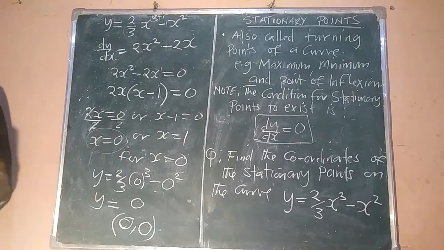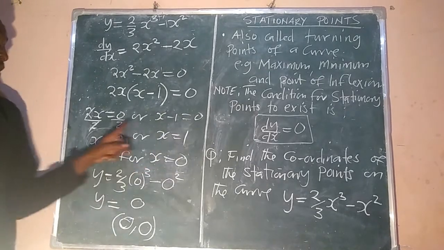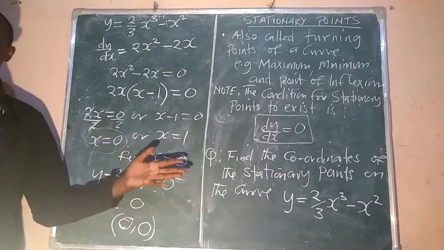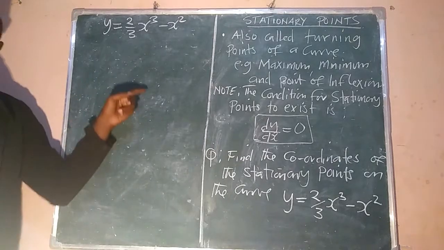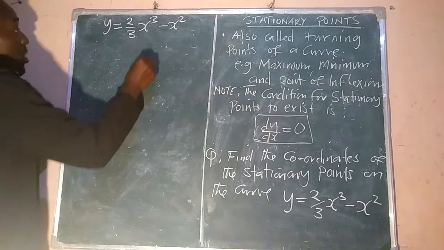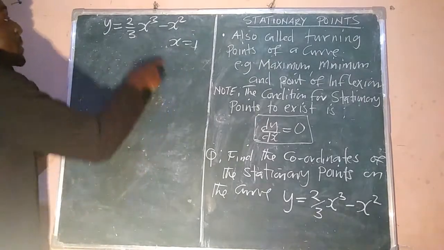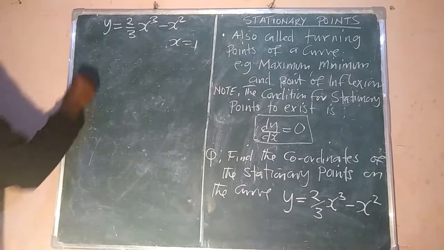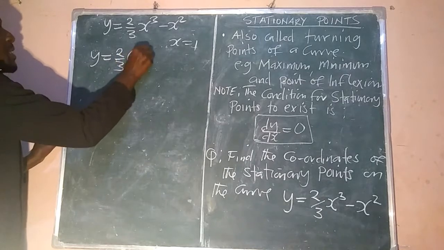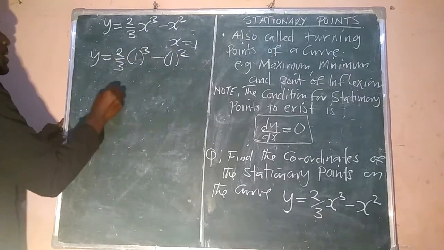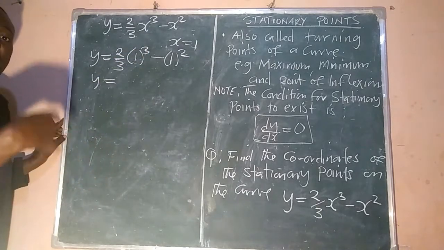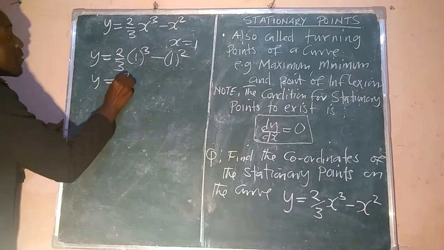Now we are going to find another stationary point for x equals 1. Because we found for x equals 0, we substituted 0. Now we are going to substitute 1 to find the other stationary point. So x is equal to 1 will be substituted in this equation. So we are going to have y is equal to 2/3, 1 to the power 3 minus 1 squared, which will give us y is equal to, 1 to the power 3 is 1. 1 times 1 times 1, you multiply it by itself 3 times. Times 2/3, you have 2/3